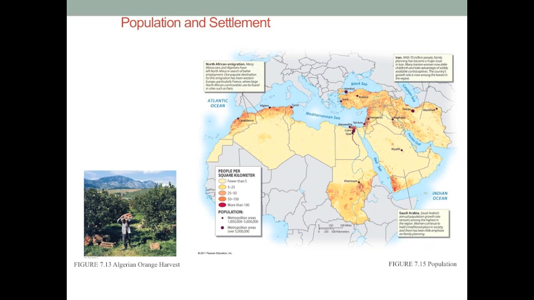The cluster in the west is known as the Maghreb, of course, and we know also that there is an important cluster in the Nile Delta. What you also see on the map is that there are areas of relatively high population density along the western Mediterranean coast, along the southern tip of the Red Sea and the Saudi Arabian Peninsula, and then in the areas of the northern countries where the climate is a little bit more tolerable and amenable to agriculture.